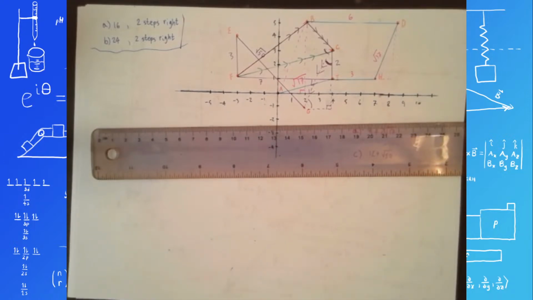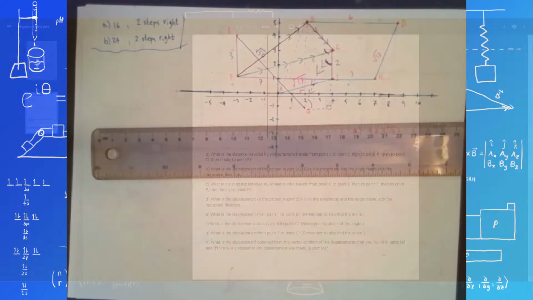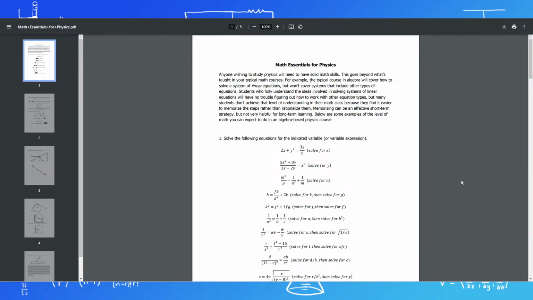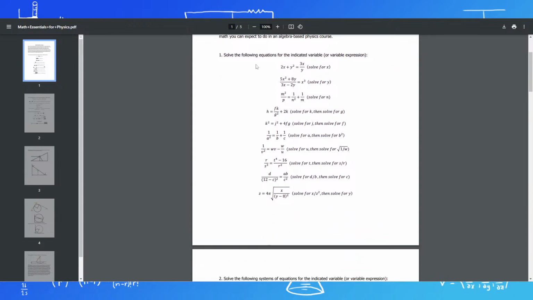Okay, now we delve into the math essentials for physics. Let me switch to this tab. Okay, so I've got my little blurb over there, which you can read if you want to. Basically, it's just the underlying philosophy for why I even created this document in the first place and why it's important to do some math practice before you do physics. There's a lot of math in physics, and if you are too rusty with your math, you're